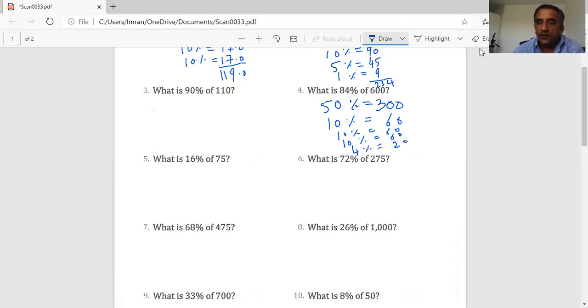Now what we do, we add all of them. So remember, this is 60. Okay, now we add all of them. So 0, 0, 0, 0, 0, that will be 0. Now 6 plus 6 is